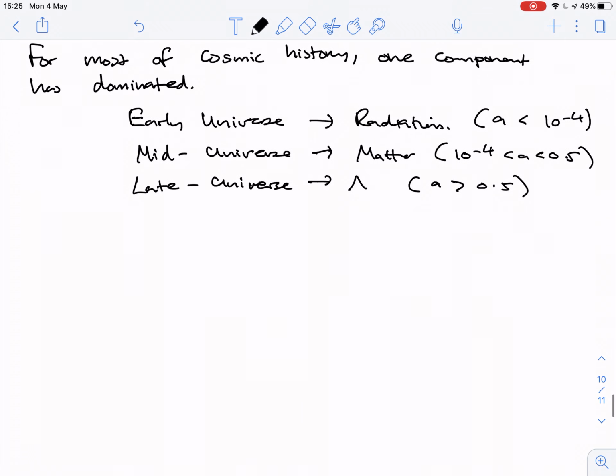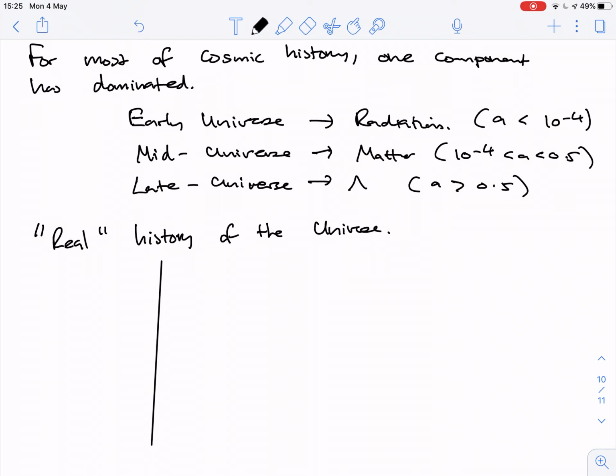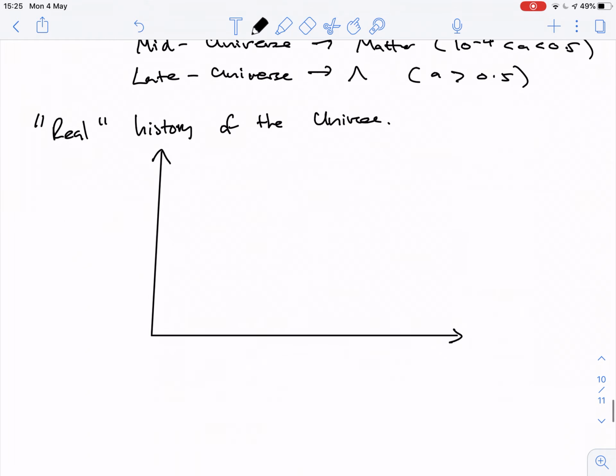And so if we wanted to draw the real history of the universe, I'll put that in inverted commas, and I plot this now again as some form of t, in a sort of semi-log scale versus a of t. What I actually have is a period of radiation dominated expansion, so it's actually slowing down quite quickly,